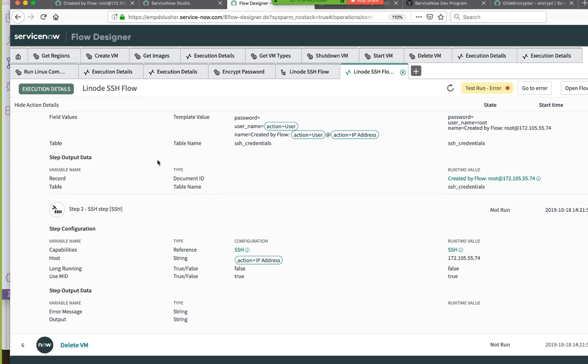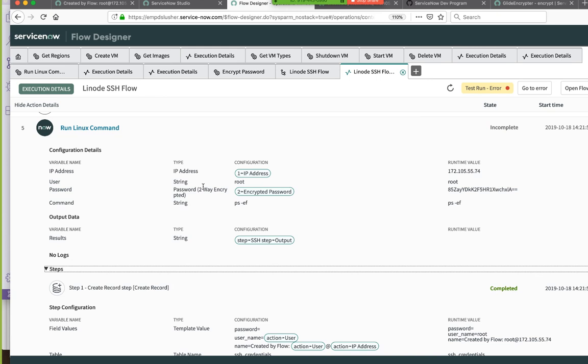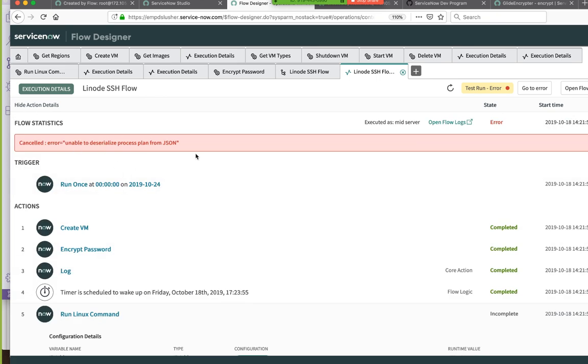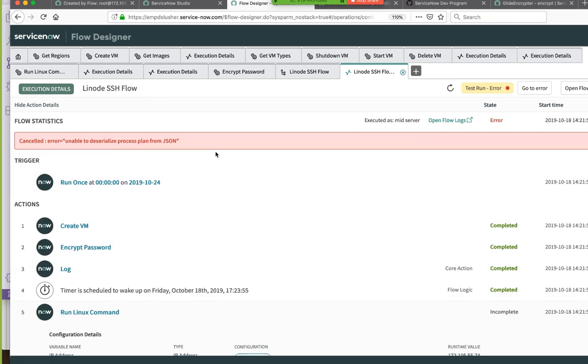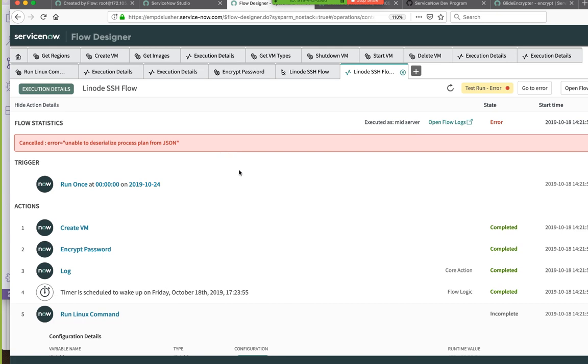Well, I was able to successfully SSH with the password that was logged. That's one step we do know worked, so I can actually get there, which is great, and I don't have any error other than: unable to deserialize process plan from JSON. All right, so here's the deal. I'm not going to die on this hill.